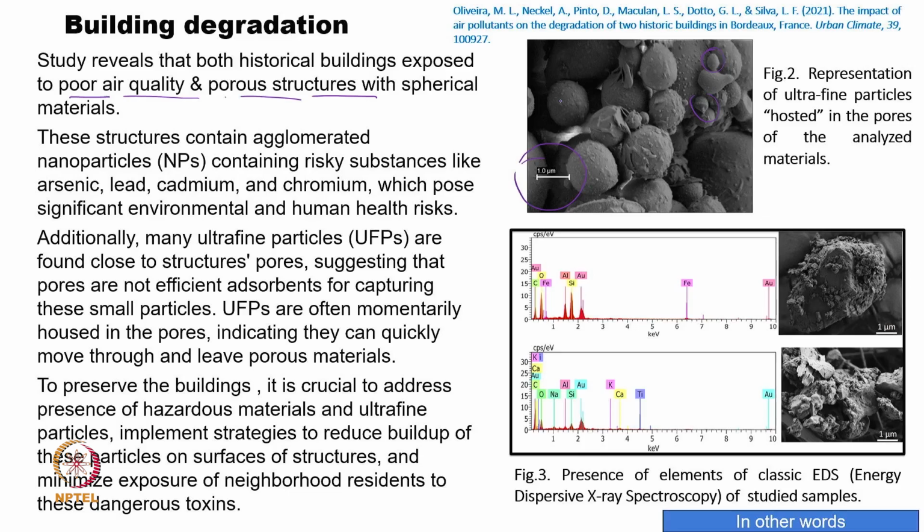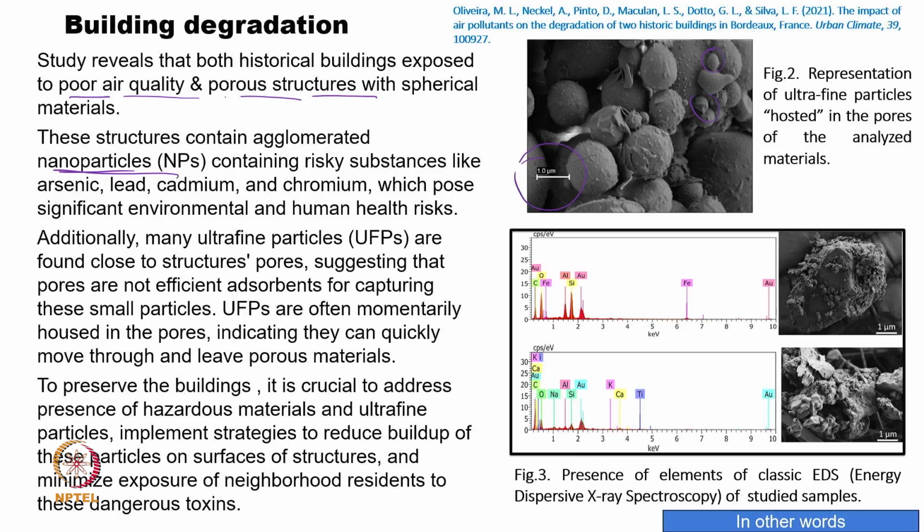These spherical materials are not abrading, but coming and residing on the buildings. These particles also contain nanoparticles, and agglomerated nanoparticles at that. We know very well that nanoparticles have a lot of attraction for other particles, and agglomeration happens immediately